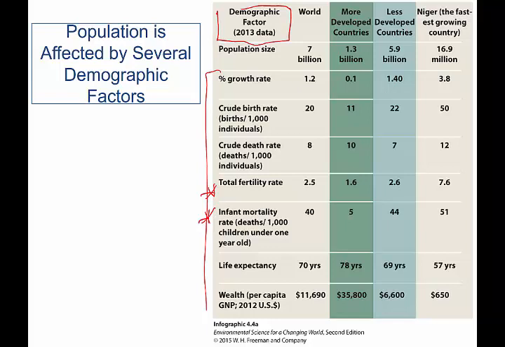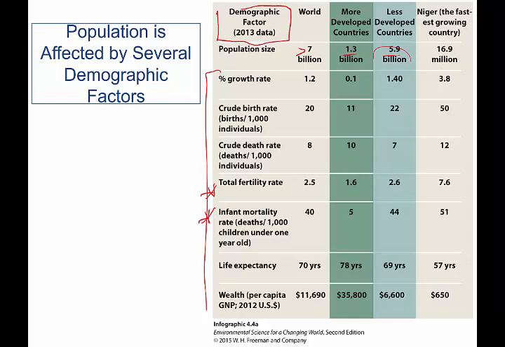Less education for women, more poverty, more infant mortality, a lower gross domestic product. And then we have Niger here as the fastest growing country. So we're going to compare these, and for population, you can see that we are greater than 7 billion right now in the world. The more developed countries have a population of about 1.3 billion, and the less developed is 5.9. So you can see that